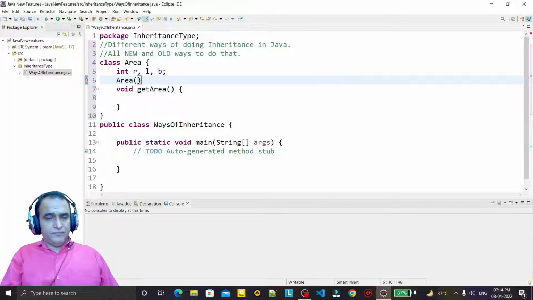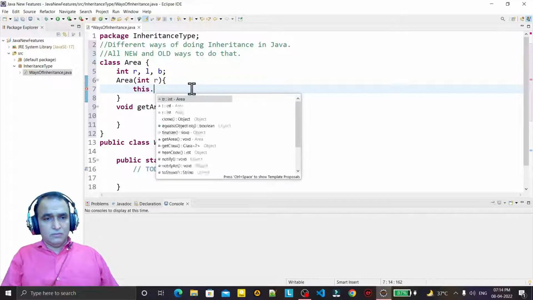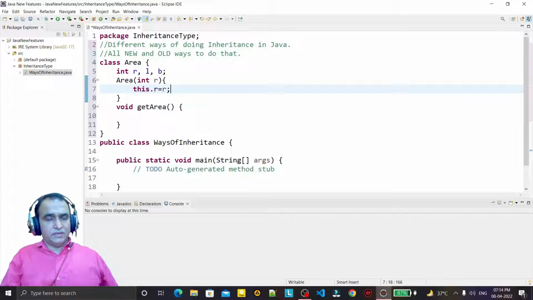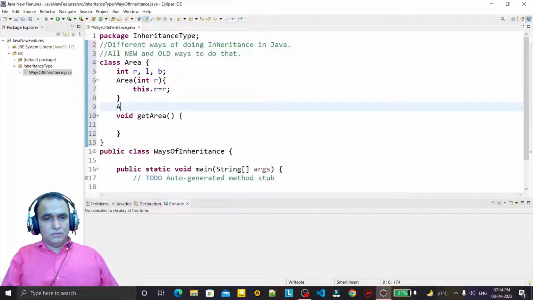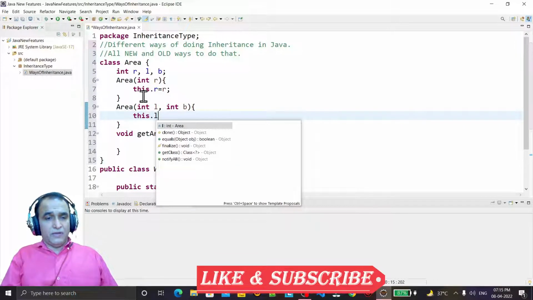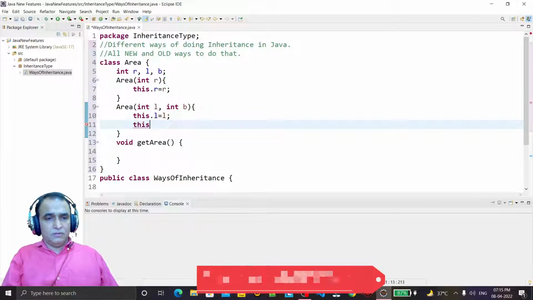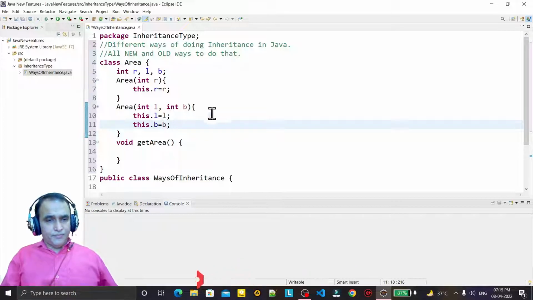In this constructor we pass a radius, int R, and we initialize this R with this, like this. We have another constructor in which we have L and B, like this, and we have this.L equal to L, and this.B equal to B, like this.